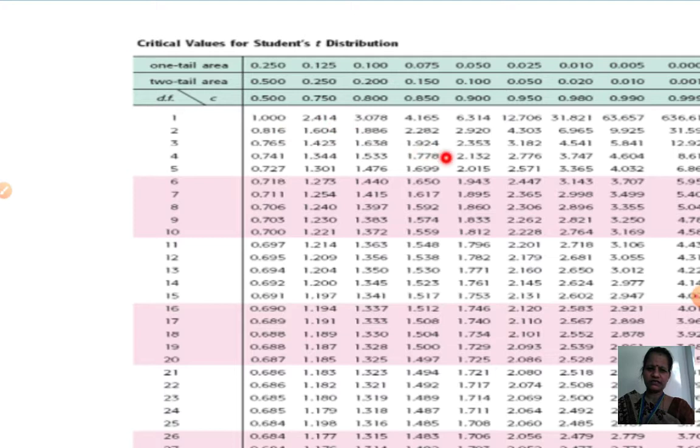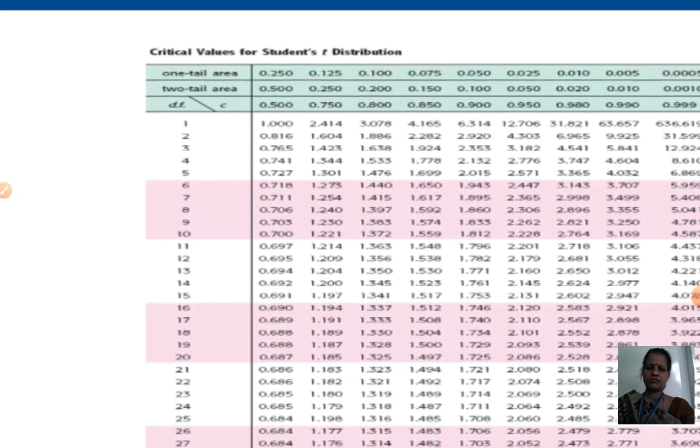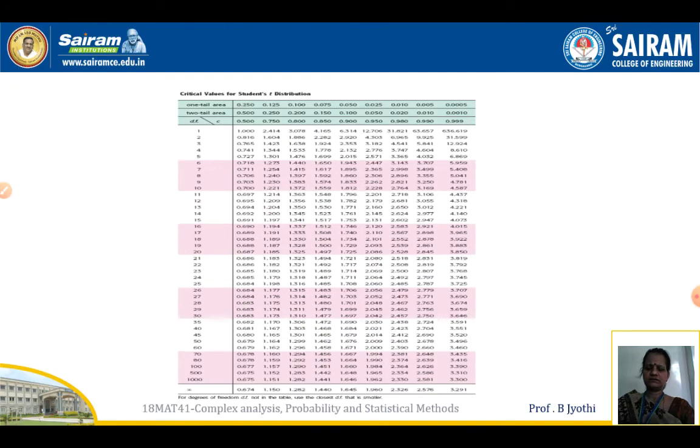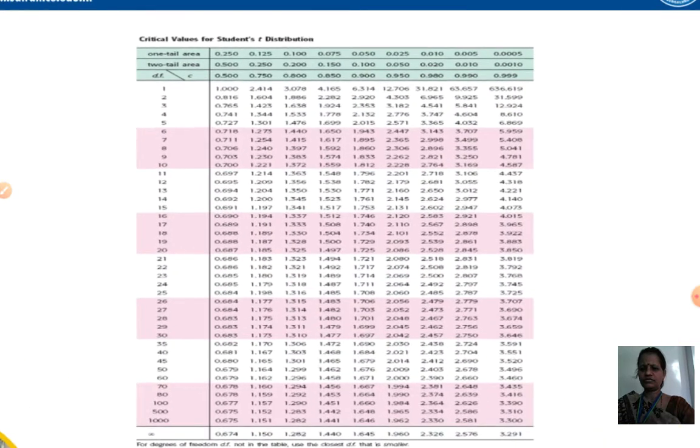But we will be considering only the 1% level of significance and the 5% level of significance. When it is the 1% level of significance, this is the value, and for a one-tailed test, this is the value. For a two-tailed test, for 0.1 it is this value. Anyway, while calculating the tabular value, usually it will be given at the time of the question itself. If it is not given, we need to refer to this table.